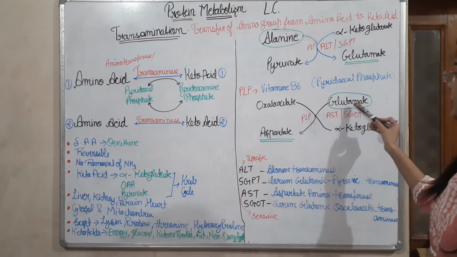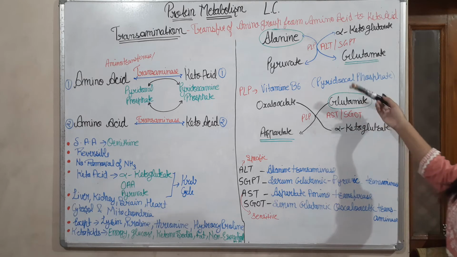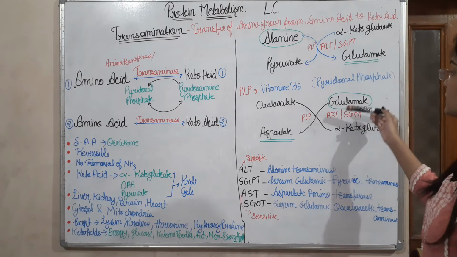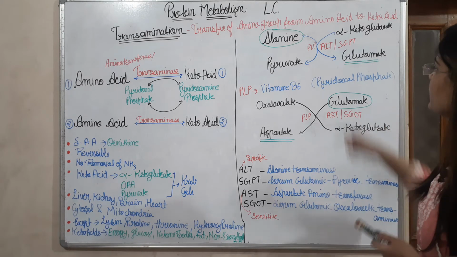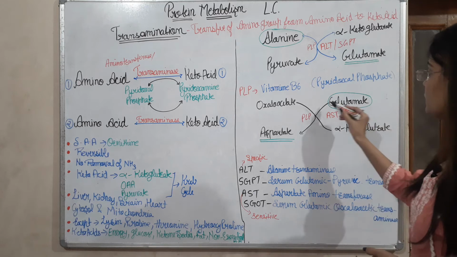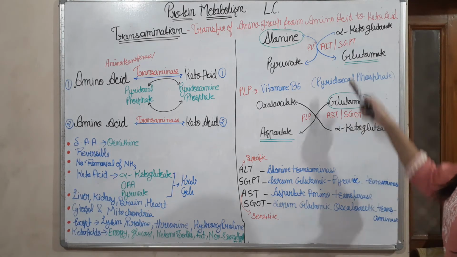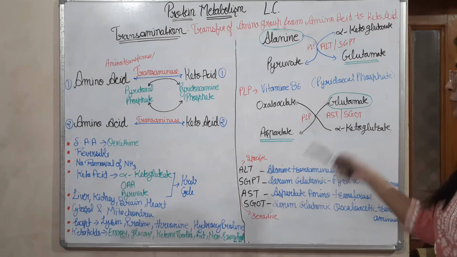Here the glutamate is breaking down and forming aspartate. It is opposite to it: here is the synthesis of the glutamate, and here is the breaking down of the glutamate. These all reactions are reversible, but the main aim here is to synthesize the glutamate, and here is the breaking down of the glutamate and synthesizing